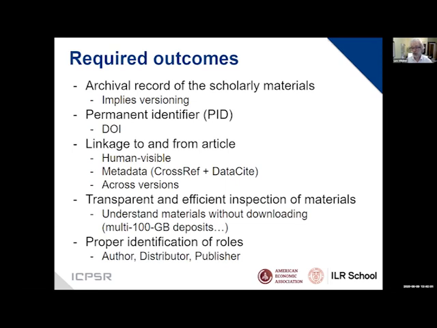We also wanted a permanent identifier for these attributes in compliance with all the data citation principles. These are part of the scholarly record and they need a permanent identifier. Now, one could have done that at the journal, but that would have meant putting in place an infrastructure in addition to everything that was going on in terms of the manuscripts. It comes automatically with something like a trusted repository. We wanted linkages to and from the article. Jake highlighted the fact that most researchers don't get credit for either creating data or code, but we wanted to at least initiate that conversation to be able to measure what are the materials that are associated with it.